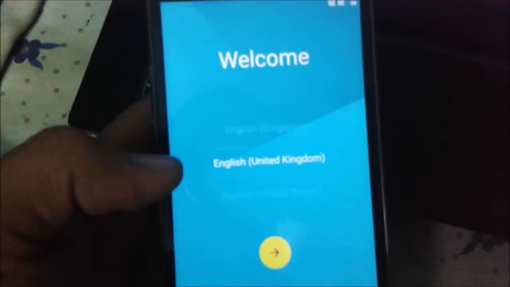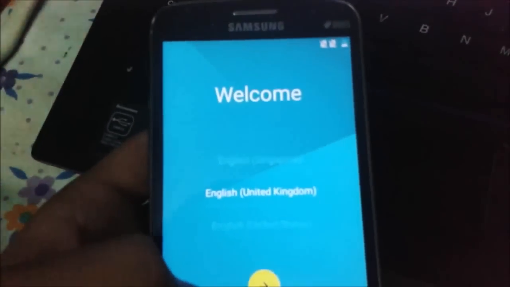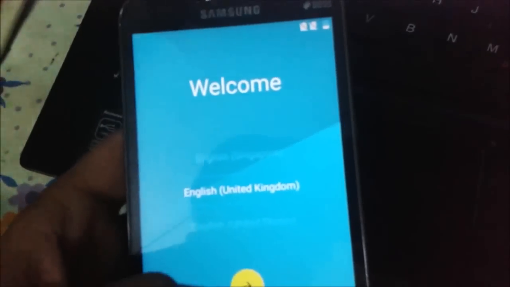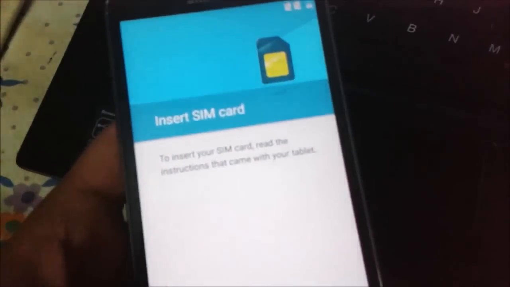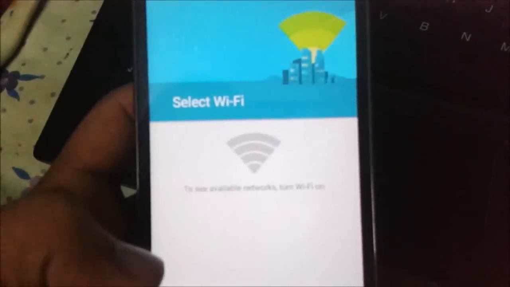Here guys, you can see that we successfully flashed CyanogenMod 12, and now it is accessing the code to complete setup.